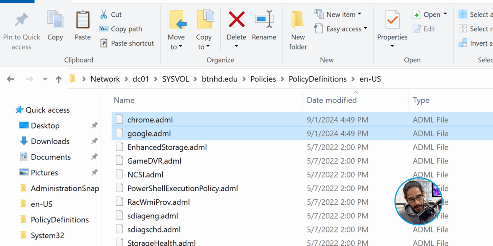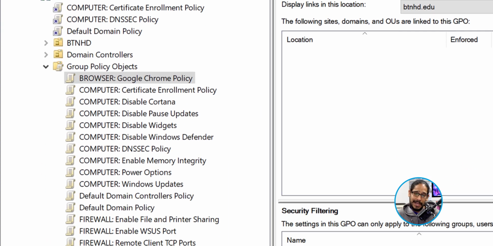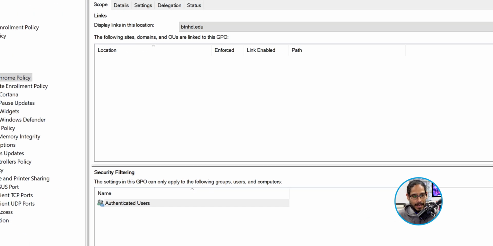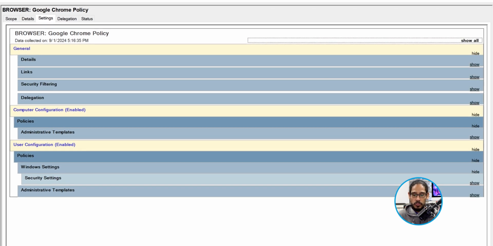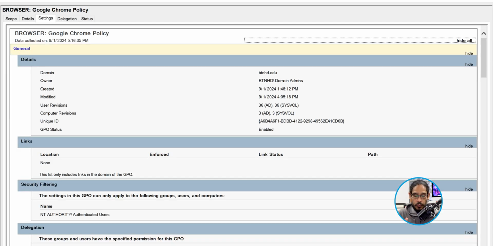Awesome. So open up your group policy management console, which is this right here. Select your GPO. For me, I selected my GPO. And what I did to make sure nothing got broken is I click on settings. Now, if this part loads up and you do not receive any errors, because I have seen this before when you click on settings and it's trying to propagate all the settings for you to view it, it would error out. For me, it did not error out, which is great. I was able to click on show all and just review everything.